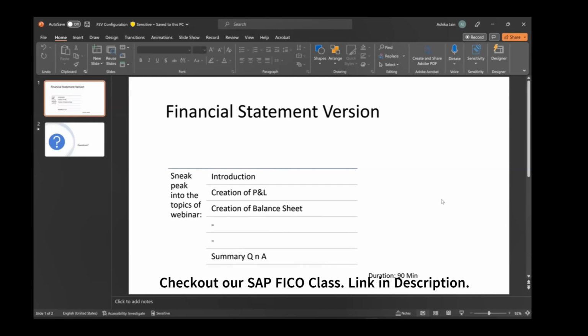So why did we do all of this? In order to draw down the reports at the end of the year or at the end of the period, to know the profitability or the balance sheet position of the company, right? So whatever we did so far is in order to take out the report from the system, basically the balance sheet and profit and loss. At the very beginning of the class itself,